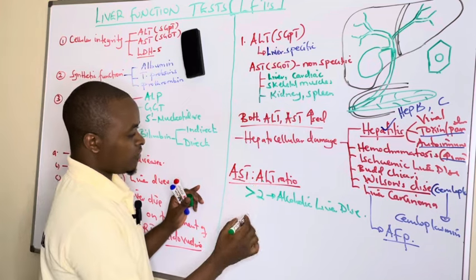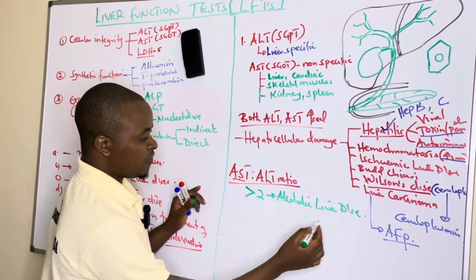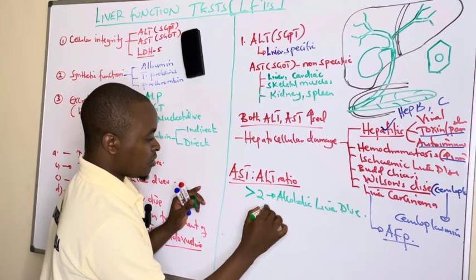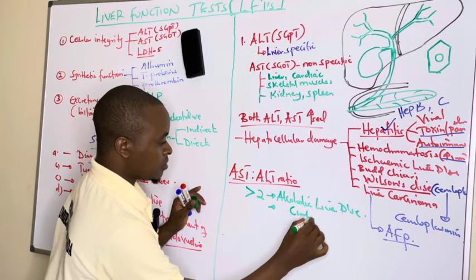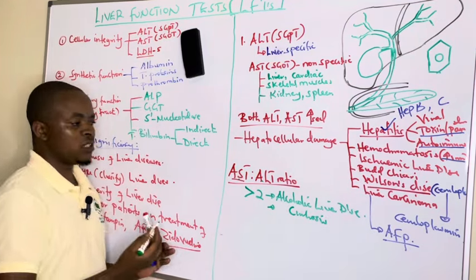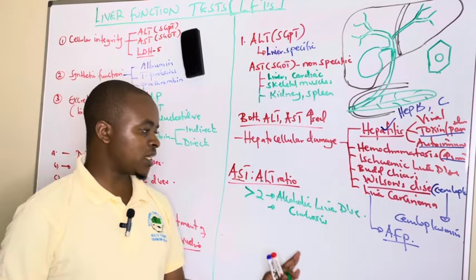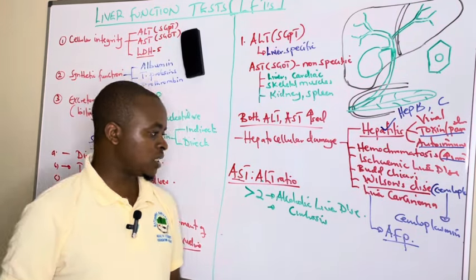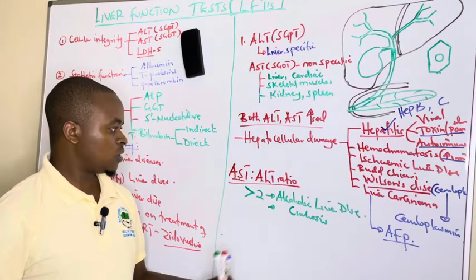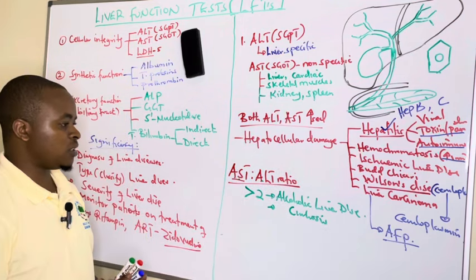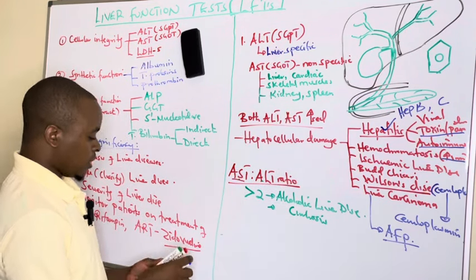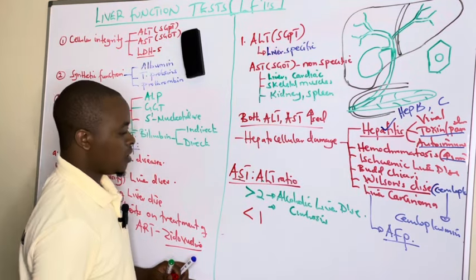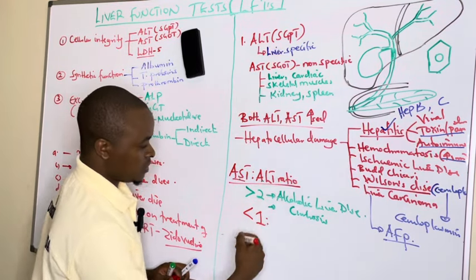So you can suspect alcoholic liver disease. We can see it in alcoholic liver cirrhosis still being elevated. Whenever I do the AST to ALT ratio and I find it is greater than 2, I can suspect alcoholic liver disease. Even sometimes non-alcoholic liver cirrhosis can cause an elevated AST to ALT ratio. And when I do the AST to ALT ratio and I find it is less than 1, here I suspect